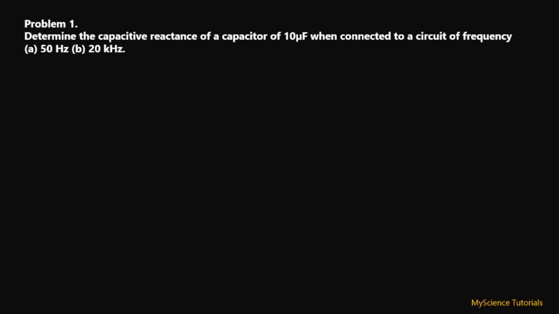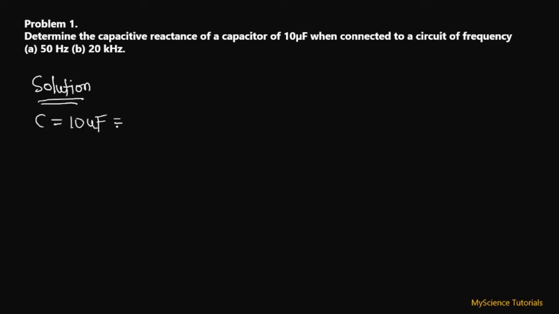Now this is pretty easy, pretty straightforward. So the first thing you want to do is to write down your solution, and then as always I will recommend you write all the parameters that you have and those that you don't have, so that you know where to go from. Alright, so I've been given the capacitance of the capacitor, which is C, to be 10